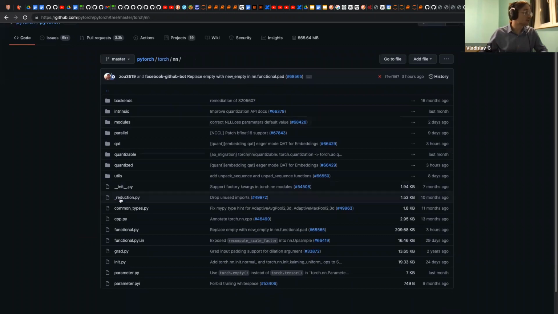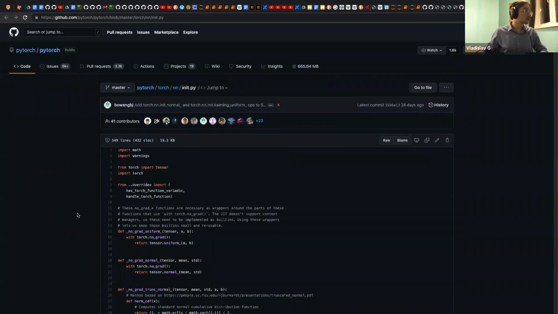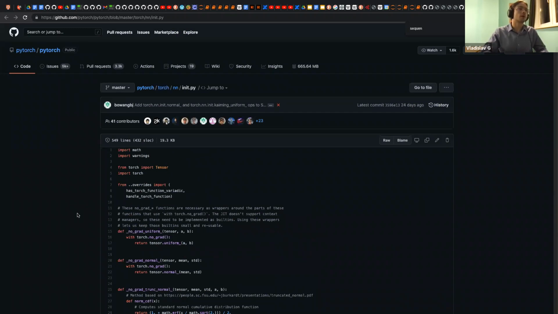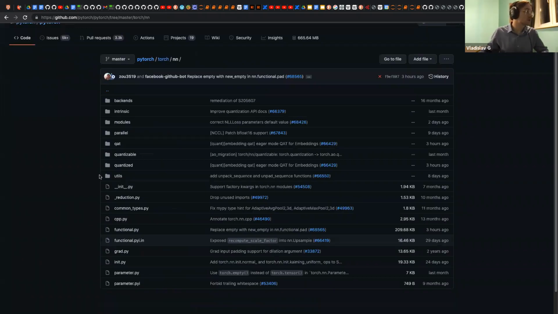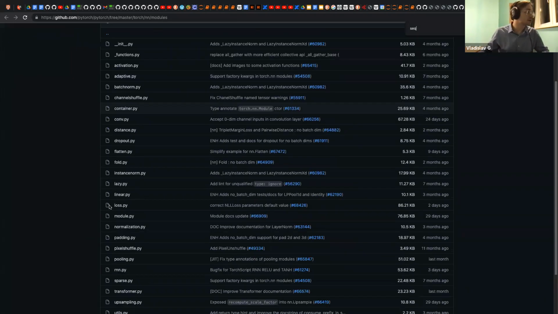Then we want to go to init and look at Sequential. We don't see it here. That's why we will go to modules. I just know that modules is where it is, and Sequential is not here.